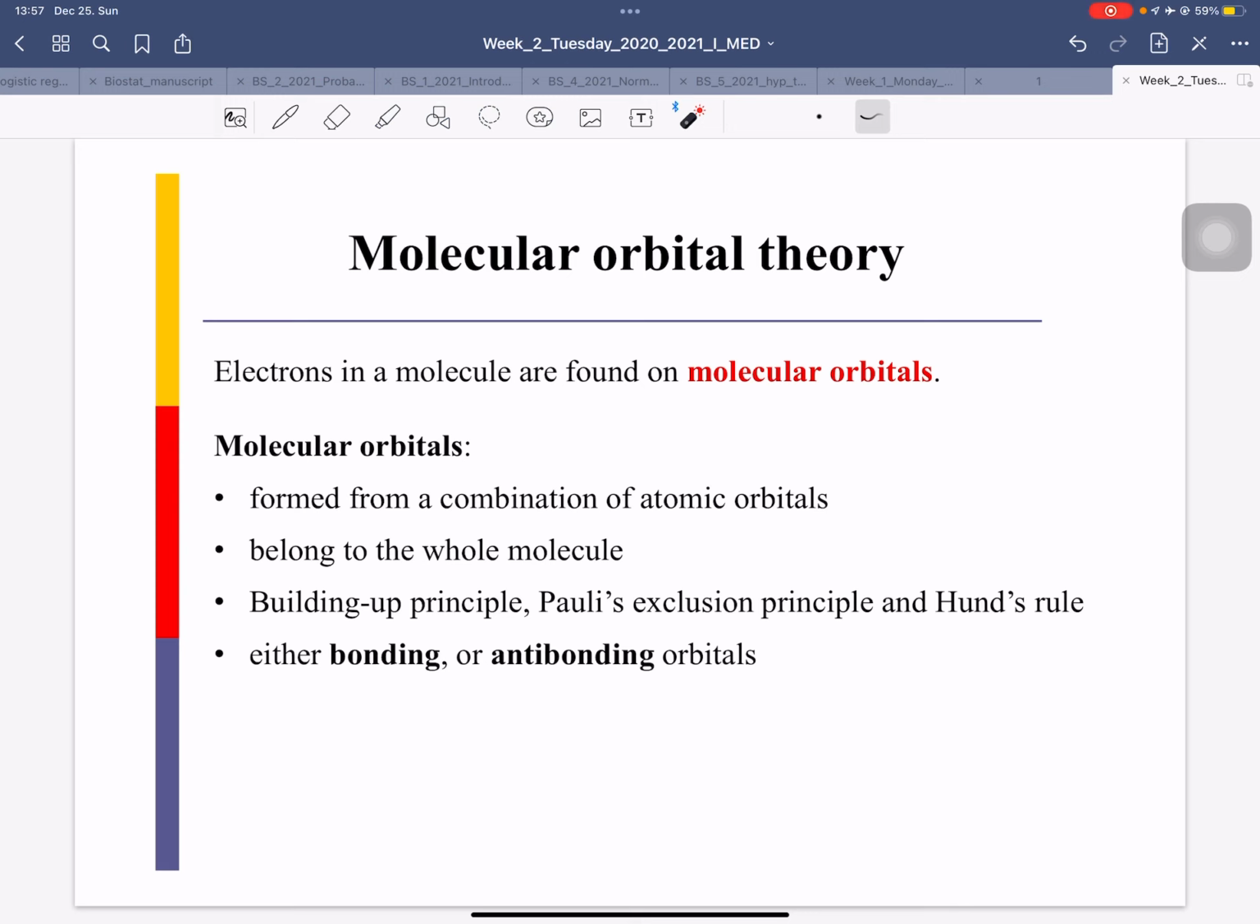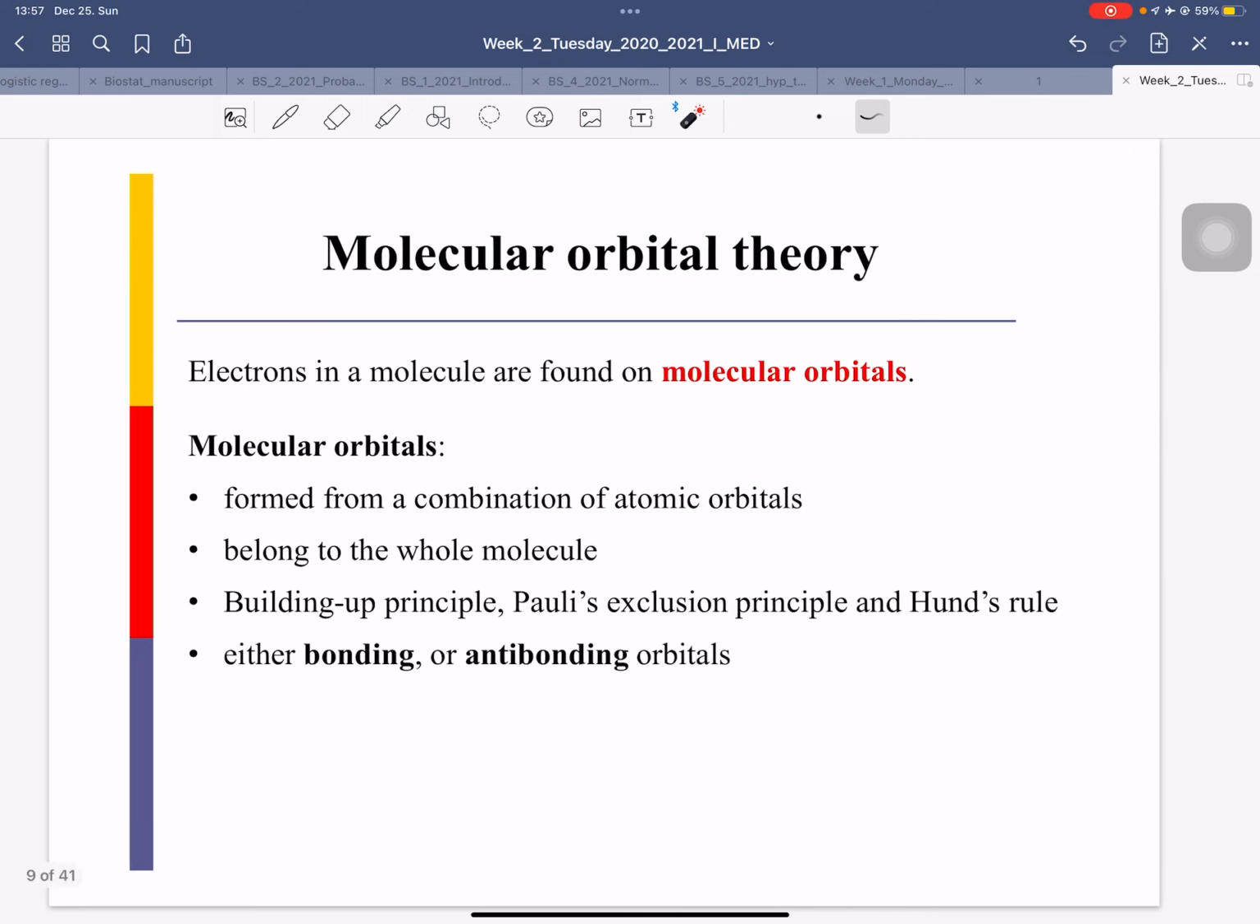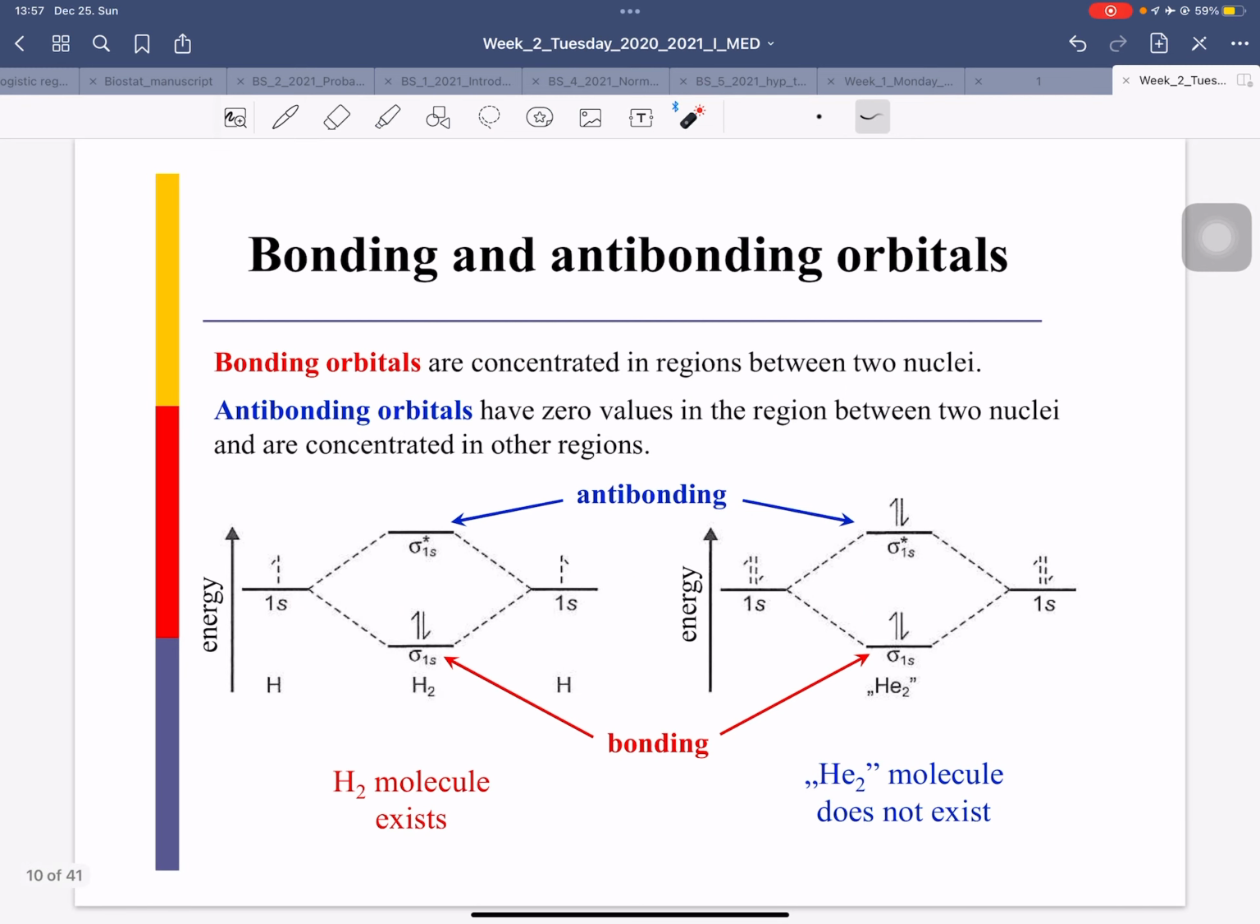And it has two types, depending on the energy of the bonding. It can be a bonding or anti-bonding orbital. The bonding orbital is low energy and more stable, and the anti-bonding orbital is high energy and less stable. For example, if you see hydrogen